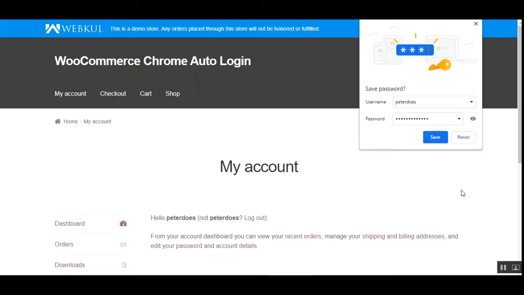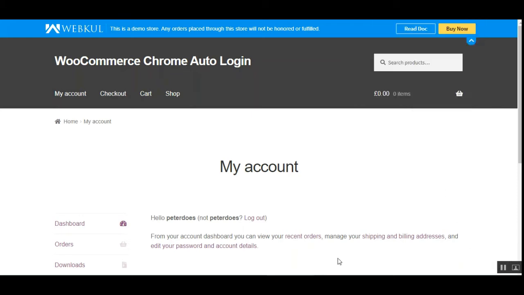Now, after the customer has logged into the storefront, the customer can click on the menu tab that has been configured by the admin under the menu configuration tab in the admin backend panel for this particular plugin. For instance, if the admin has chosen the my account, for example, against the menu configuration tab in the admin panel, then in the storefront, as soon as the customer clicks on the my account tab, a pop-up would display to the customer showing the list of the saved accounts, and from the given list of saved accounts, a customer can choose a saved account and can log in into the same there.